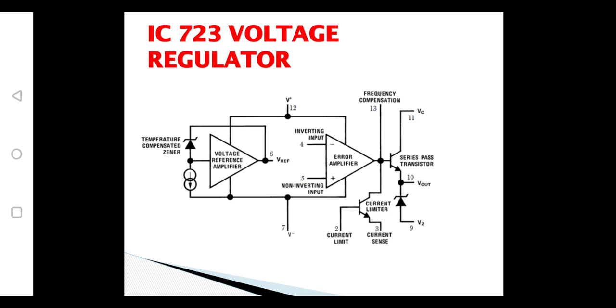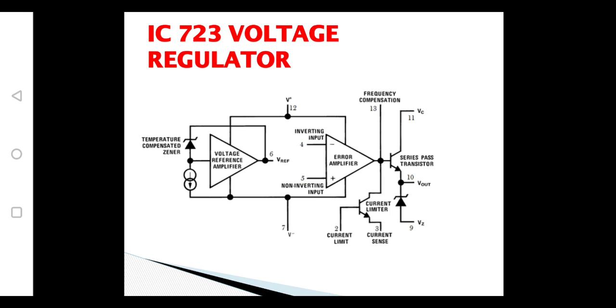The limitations of three terminal voltage regulators are no short circuit protection and the output voltage is fixed. So in order to avoid these two limitations, we will be using the 723 voltage regulator. So this is a functional diagram of a